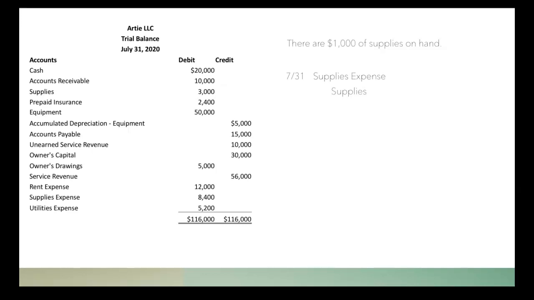Now, how much is it decreasing by? That $2,000, right? We initially had a balance of $3,000 in that account. We check here at the end of the month, we only have $1,000 left. So we've used up $2,000 worth. I want you to notice here early on, we have supplies expense and supplies. Notice that there's a similar word in both of those accounts, because that's going to be a pattern that we're going to see throughout our adjusting entries.